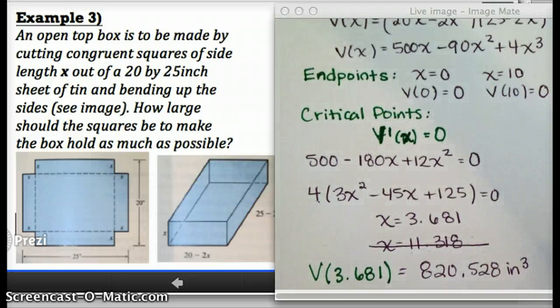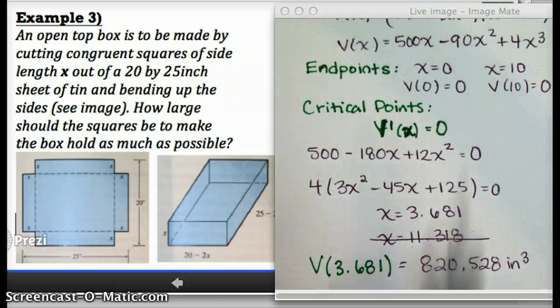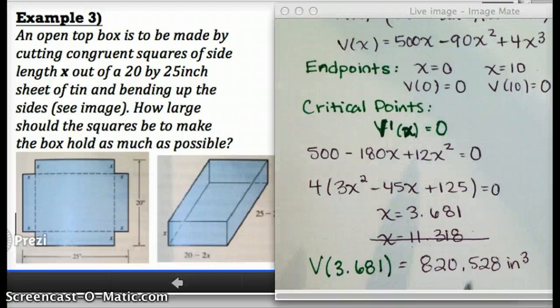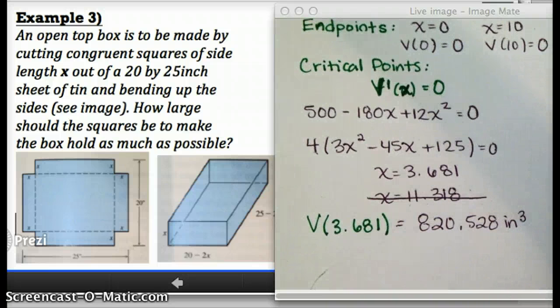When I evaluated my original function v, which was this function up here, and plugged in, I got 820.528, and the units would be inches cubed. So this volume, clearly bigger than 0, seems like a good candidate for the biggest volume that the box can have. But to mathematically prove that we've truly maximized volume, we need to use either the first or the second derivative test. As you guys know, I'm partial to the second derivative test,